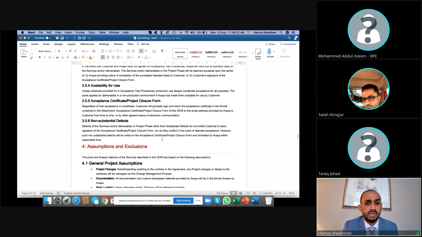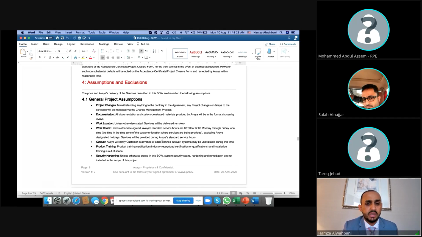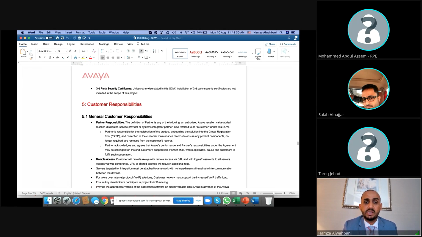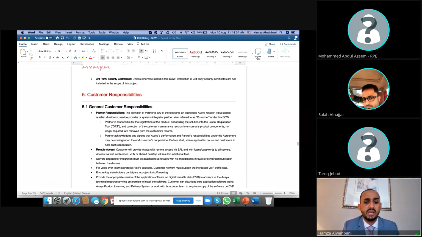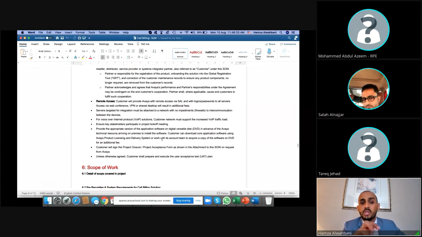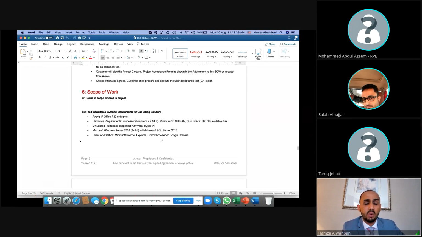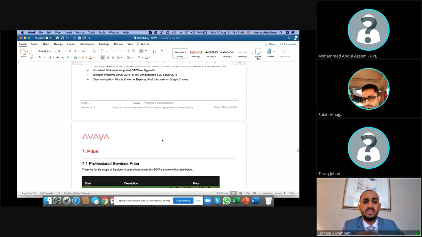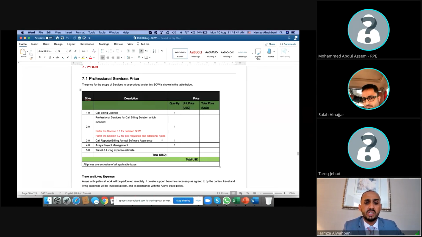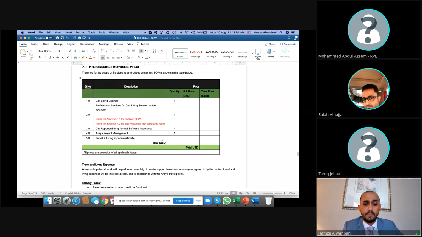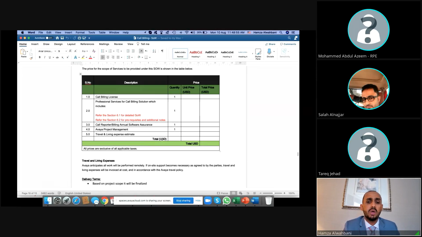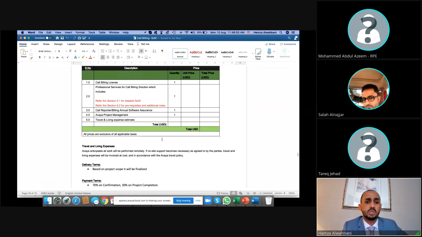And the general project assumptions, customer responsibilities, partner responsibilities, Avaya responsibilities, and scope of work. It will be here in this part what is going to be delivered, the prerequisites and system requirements, and even the pricing structure, which is the license, professional services, support, project management, travel, expenses, and training. Everything will be explained in this scope of work.